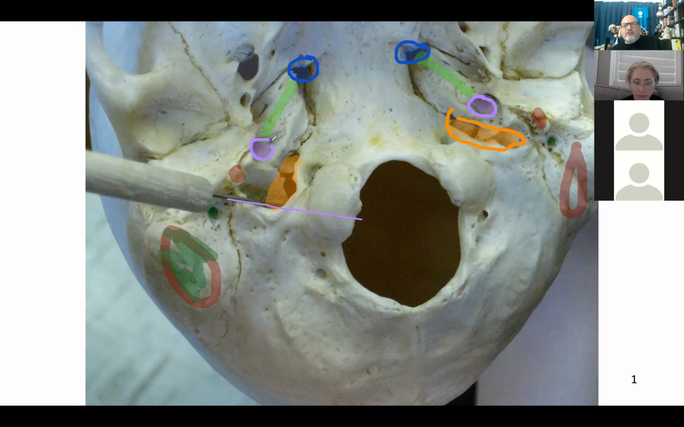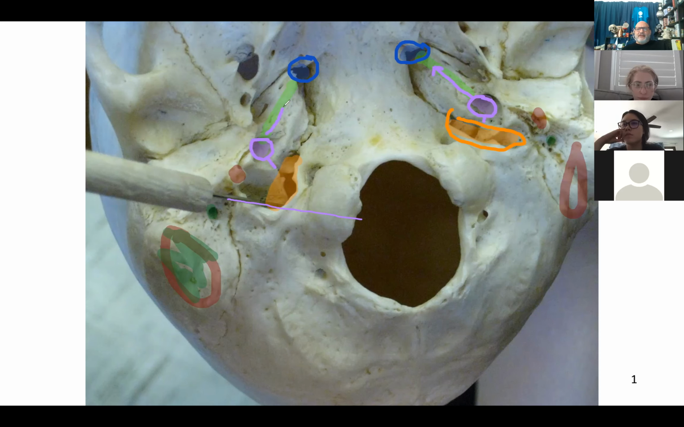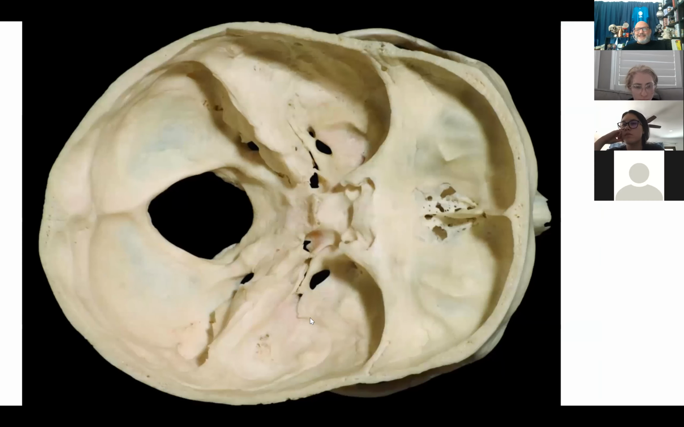And notice on the underside of the skull, on the inferior side of the skull, the carotid canal is right next to the jugular foramen. All right, we comfortable with that? But notice it tunnels through the bone towards the foramen lacerum. So notice if we switch our view and look at the skull from the inside,